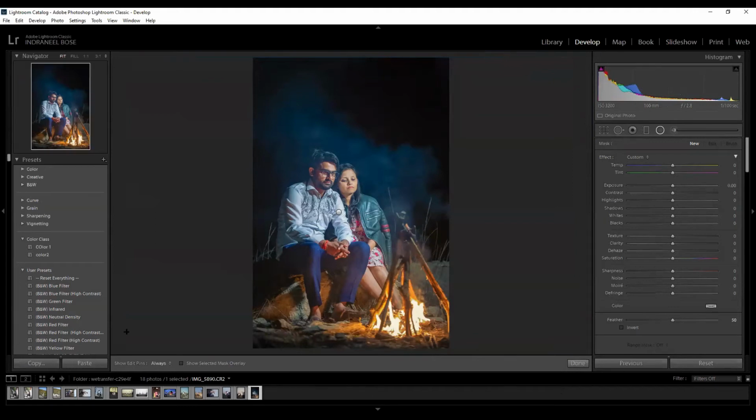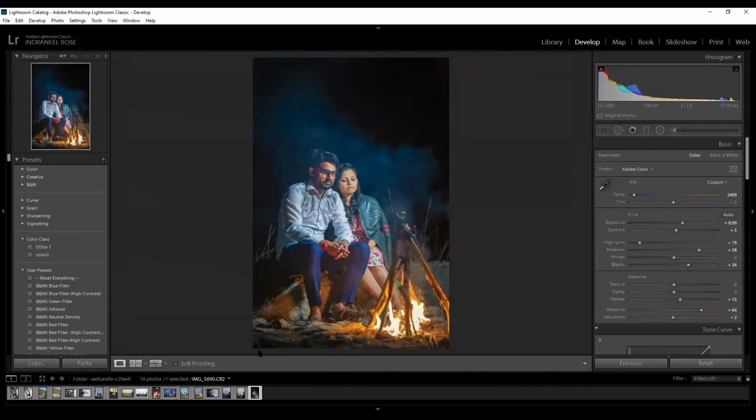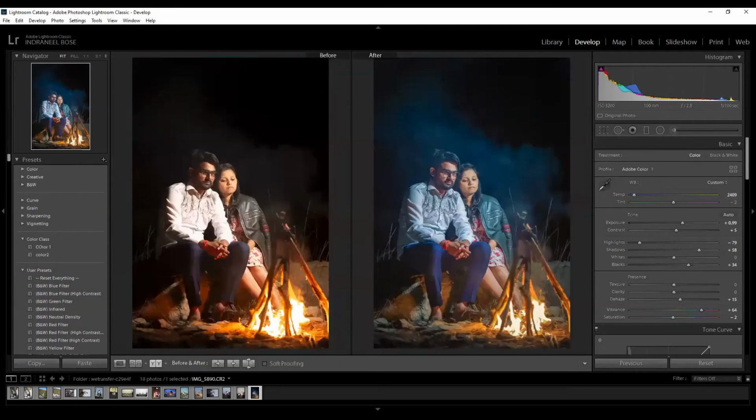Got the point? We primarily did work on the blues in this image only. Sir, this I can't understand. Wait, you can see the before and after image. Let me show you one second. This is the before and after image, okay? Can you see the two images clearly? Yes. But in global setting, what we did, we primarily played with the blues, nothing else.